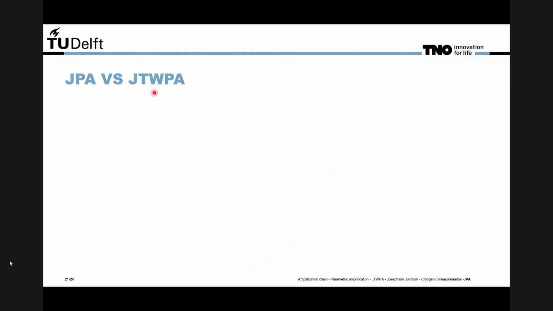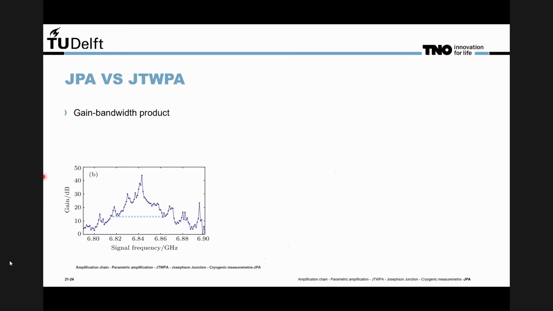The fact that the JPA is based on a resonant cavity limits the amplifier with a gain-bandwidth product. This means that there is a trade-off between the gain and the bandwidth. Here we see a gain curve of a typical JPA, with 14 dB of gain over a bandwidth of 35 megahertz. This amplifier can be used for single qubit readouts, but we really need a larger bandwidth